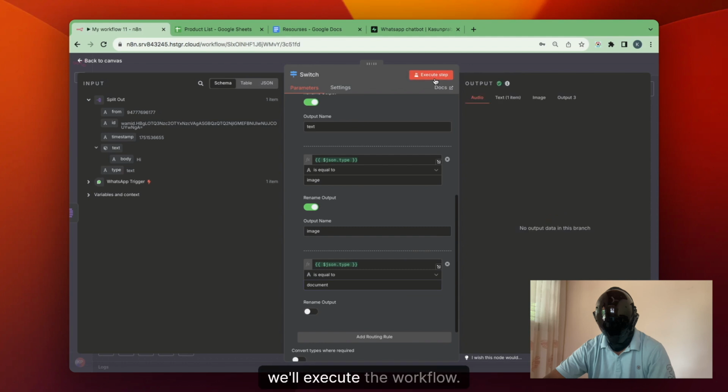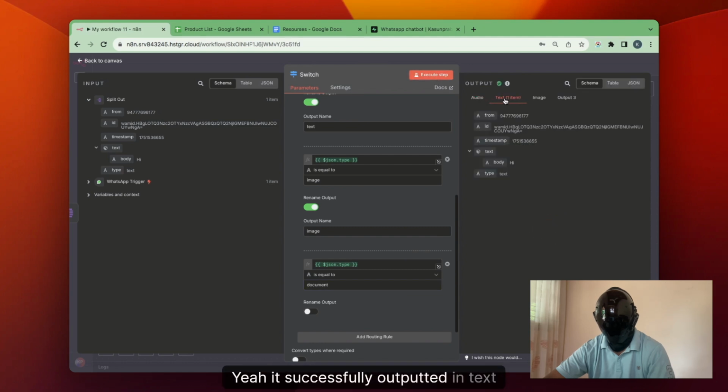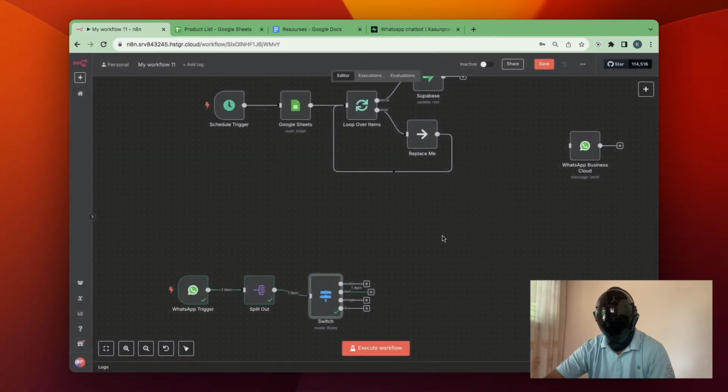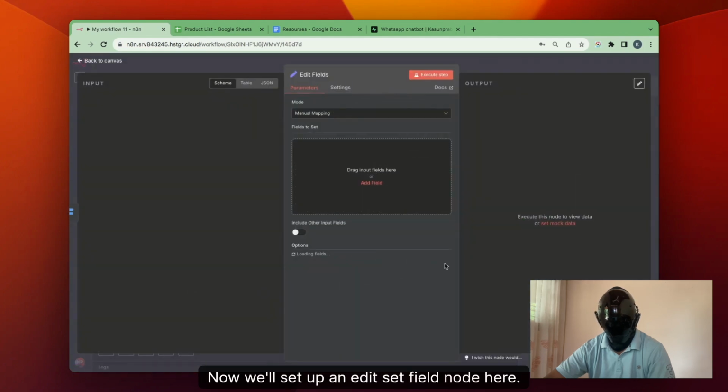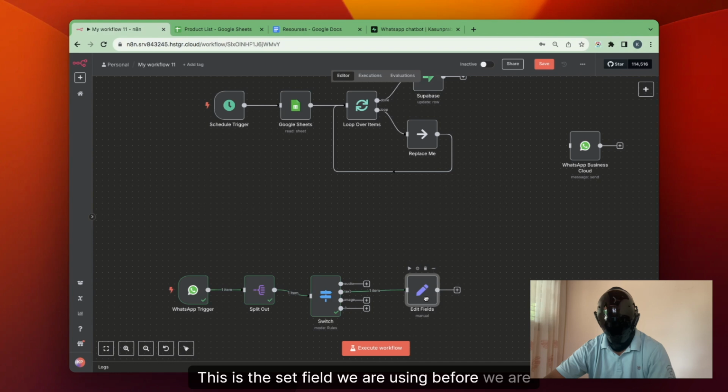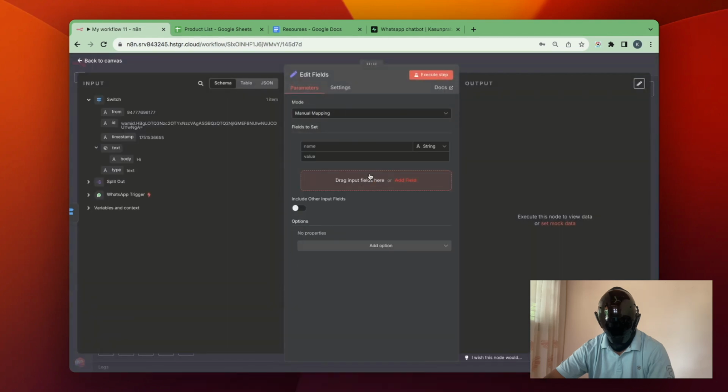Yeah, we'll execute the workflow. Yeah, it successfully outputted in text by route. Now we'll set up an edit set field node here. This is the set field we are using before we feed whatever incoming information to our Supabase chat history table. So I'll set this as a